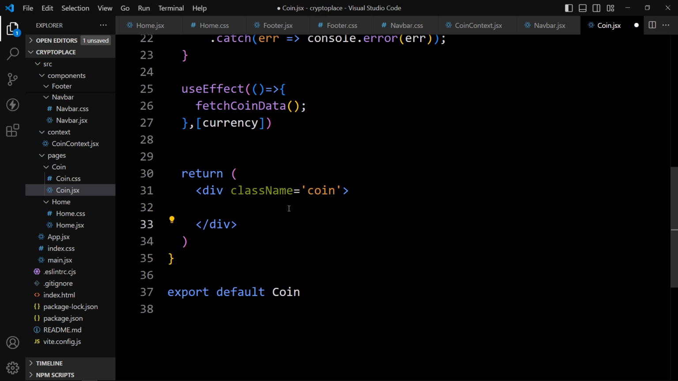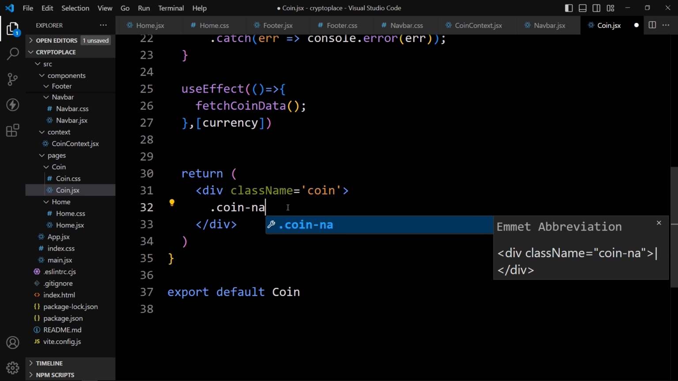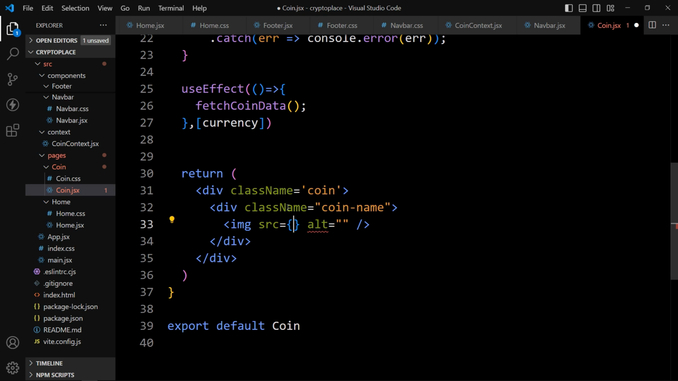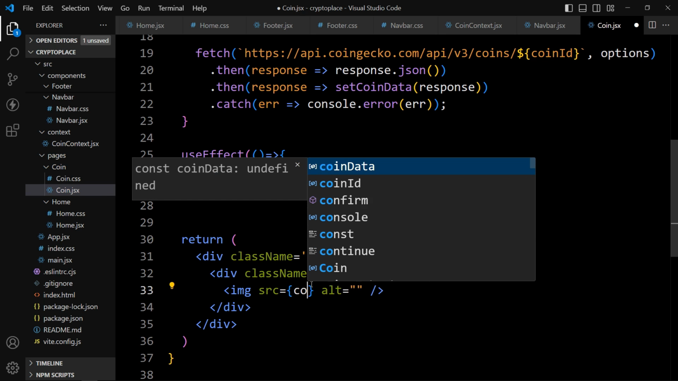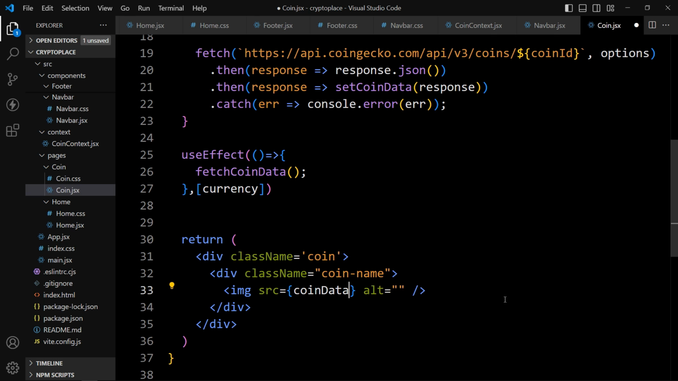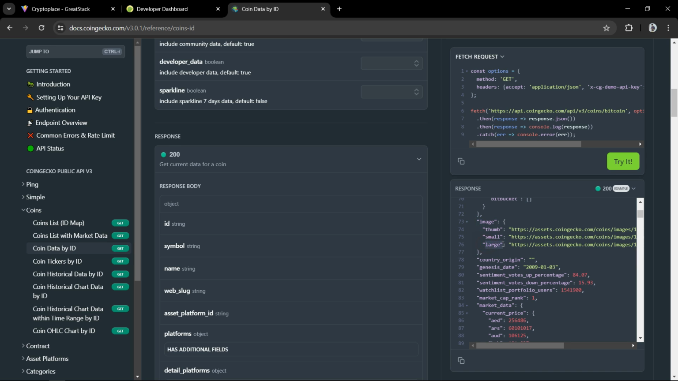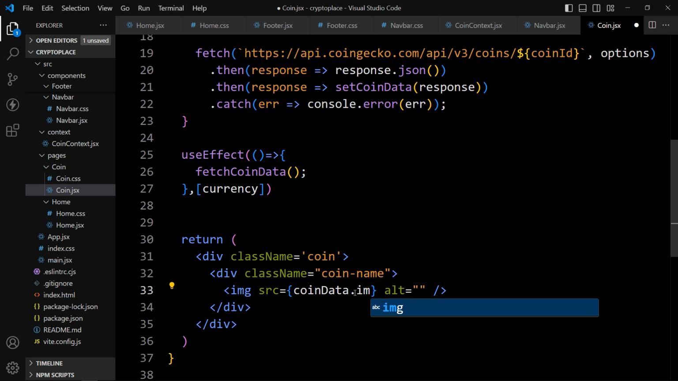And after that, here we will add one div with the class name coin name, and within this we will add the img tag where we will display the image. So in this image src we have to get the coin image. So let's add this coin data, and from here let's see the response. We are getting the images in this image property, then large property. So let's come back. We will add coin data dot image dot large,